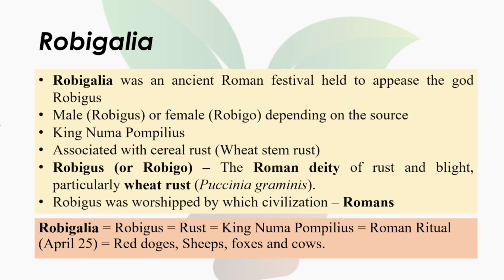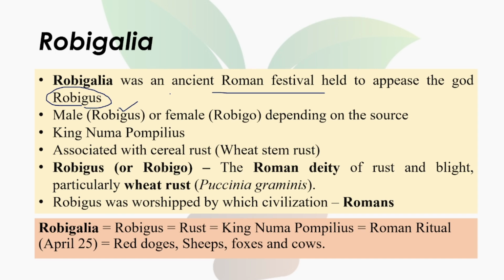Related to this, we have in detail Robigalia. Robigalia was a very ancient festival of Rome that prays to the god called Robigus. The male god is called Robigus. These are all exam questions. Robigalia was celebrated against which disease? Rust, smut, leaf blights, all those things. It is specifically meant for rust disease. Of course, a couple of books mention that it is also used for leaf blights and other things. But the word Robigalia, or Robigus, is especially denoted to the rust god only,